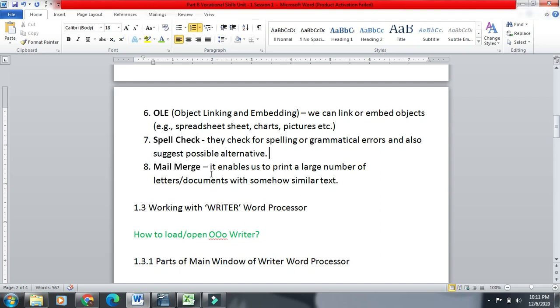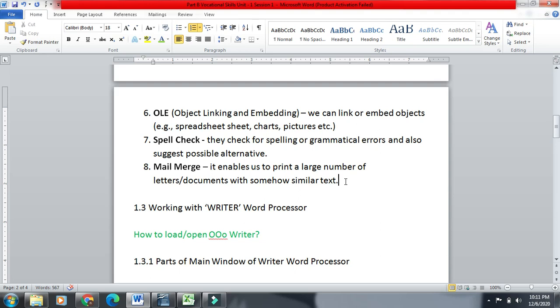The next feature, which is also very important, is mail merge. It enables us to print a large number of documents with somewhat similar text. For example, you are sending an e-card to your friends, and you just want to change the names and other things, like you are invited to my birthday party, and you want everything else to be the same. So you would need to type the letter again and again for 15 friends.